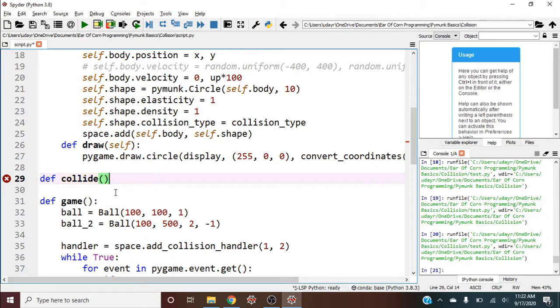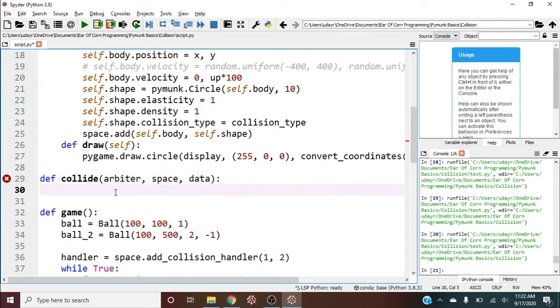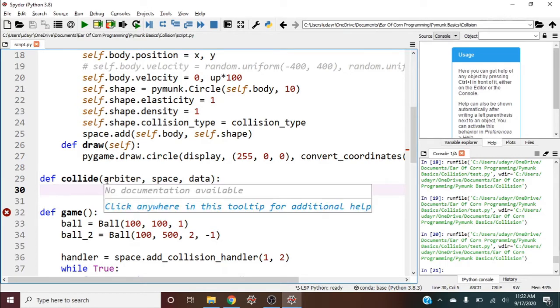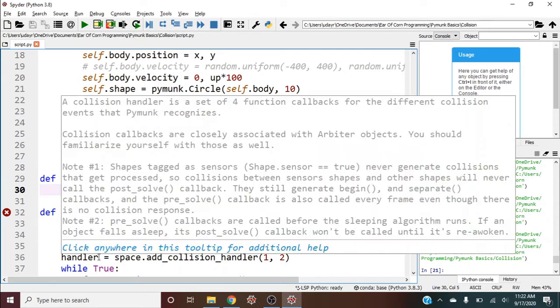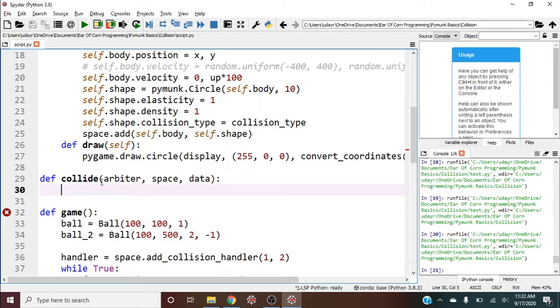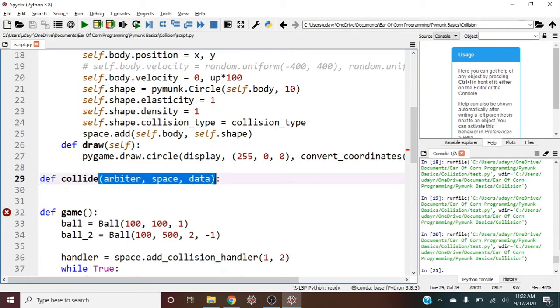And I don't need any arguments, or do I need any arguments? Actually, I do. I need an arbiter, a space, and a data. We saw earlier from the documentation that that's what Pymunk expects for each function that's going to be given to the handlers. And you, again, don't really have to worry about exactly what these things are doing behind the scenes,